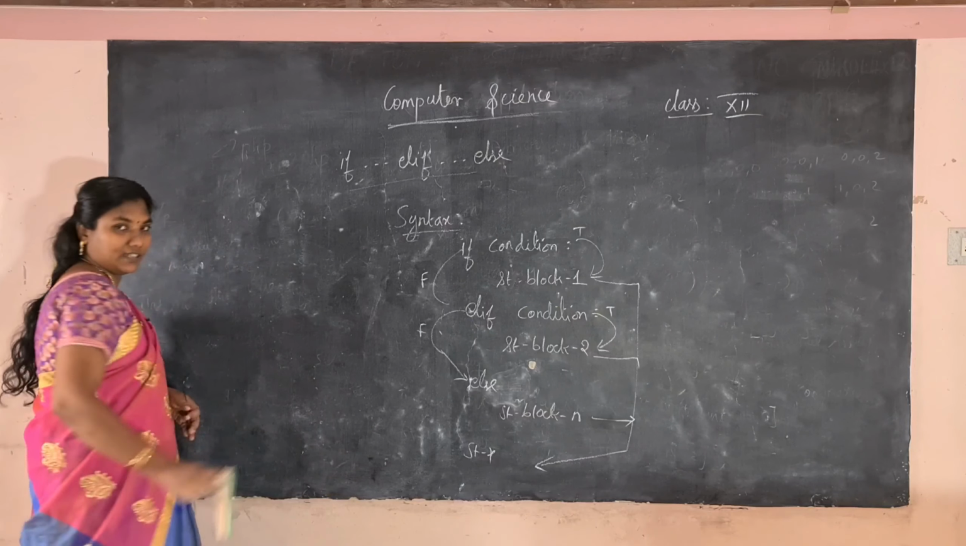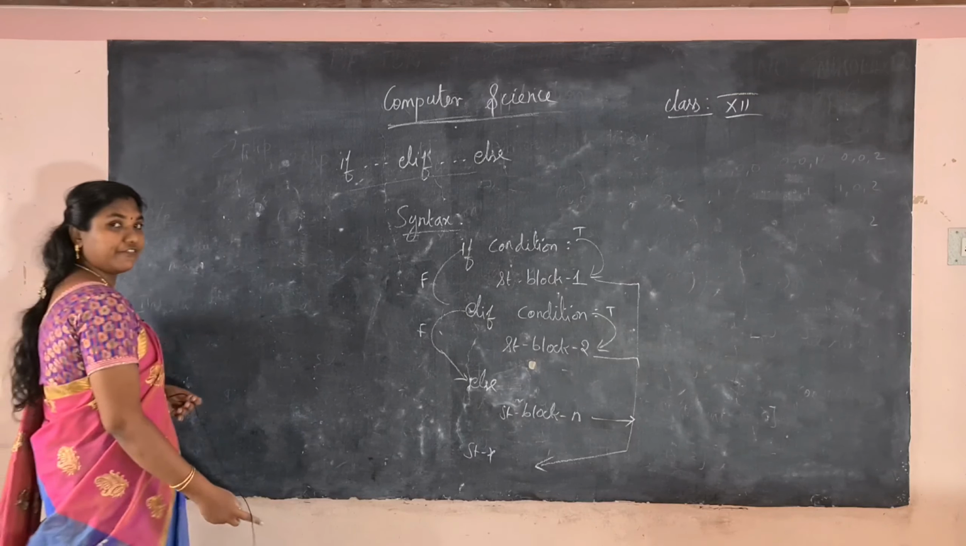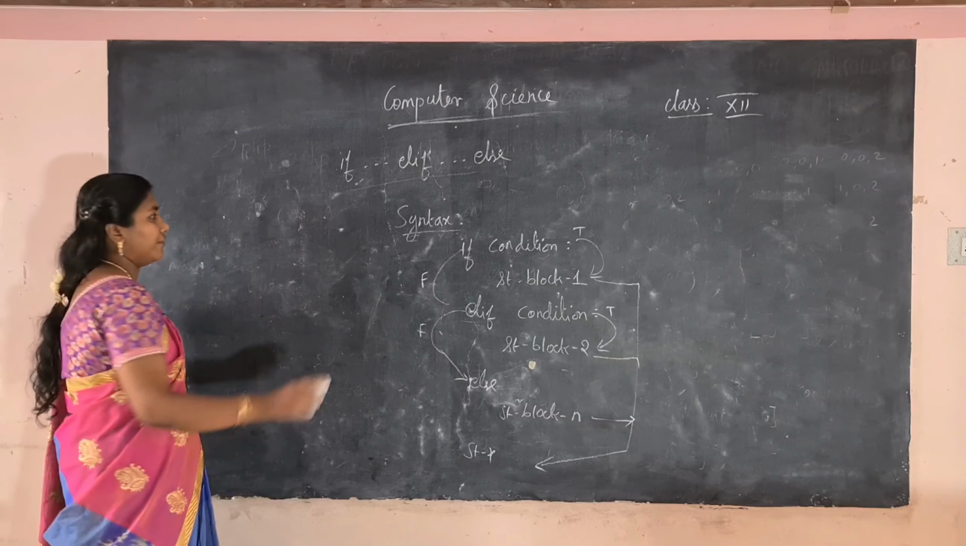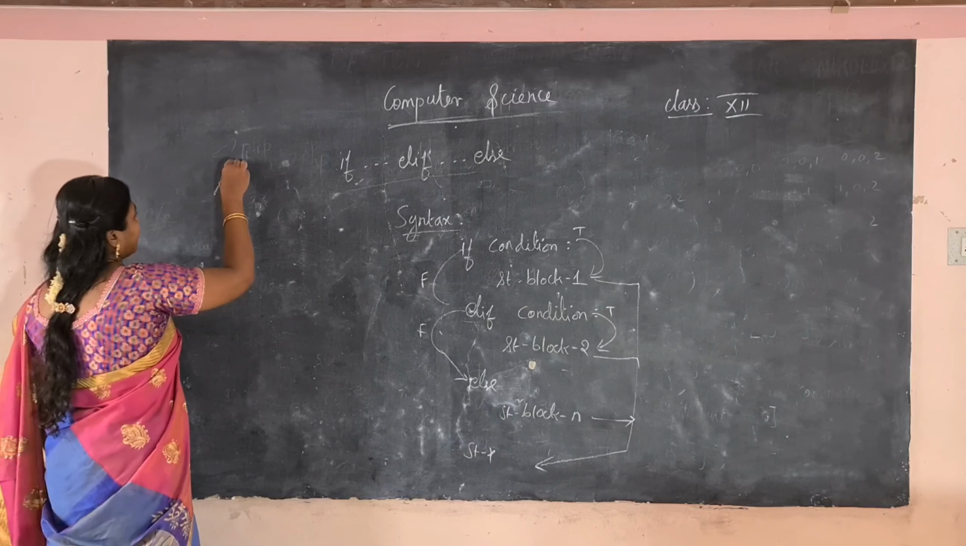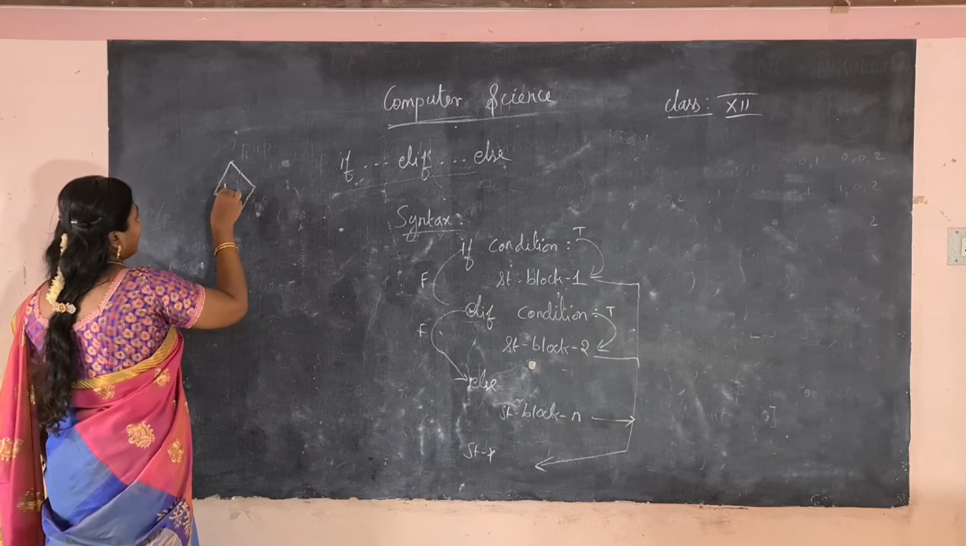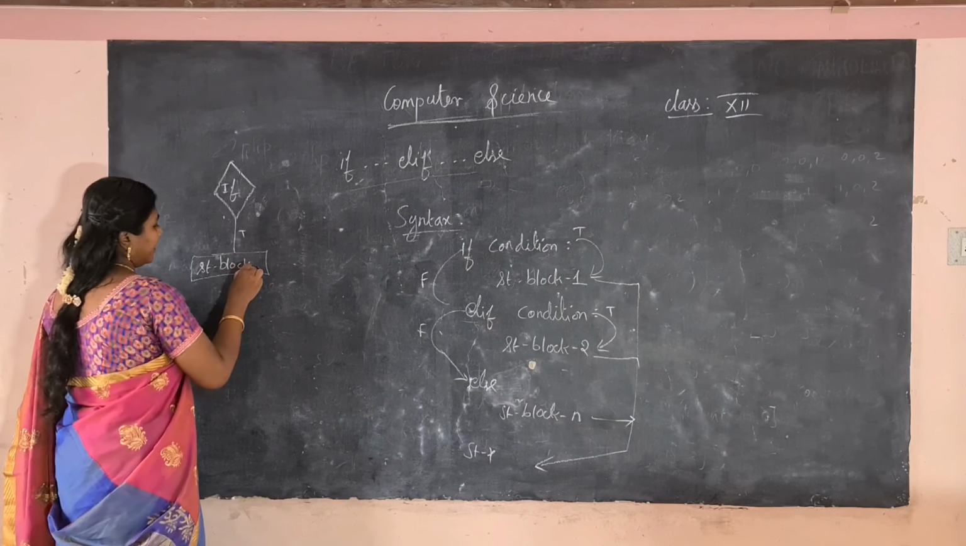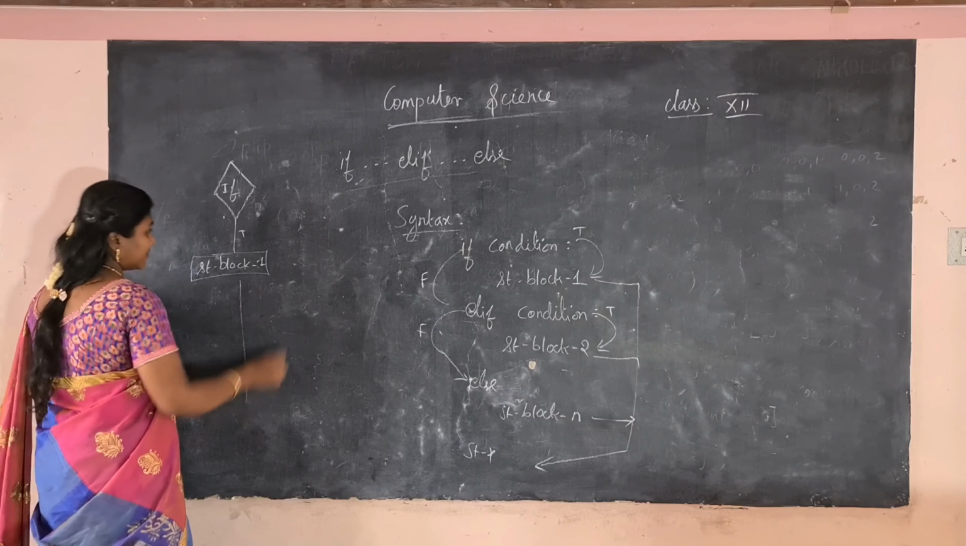You have learnt all this in 11th standard. You must be clear with the if else concept. Just one thing is, instead of else if, you are giving ELIF. So here, if the condition is true, statement block 1 will be executed and the control transfers, and